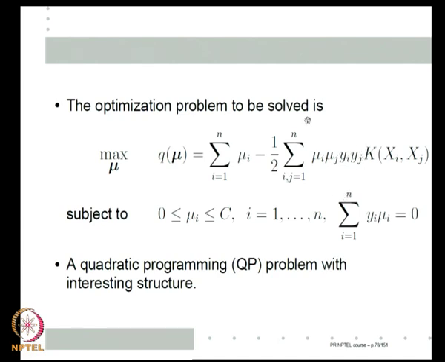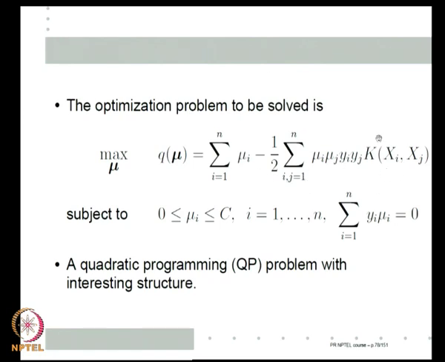Okay. So, if x1 to xn are the data vectors and I make a matrix whose ijth element is k of x i, x j, then mu i mu j k of x i, x j is nothing but the quadratic form of that matrix with respect to the vector mu, and we have to also of course multiply this matrix by y i y j. The ijth element has to be multiplied by either plus 1 or minus 1. Remember y i and y j are plus 1 or minus 1. So, the product is either plus or minus depending on whether both x i and x j are in the same class or different classes.